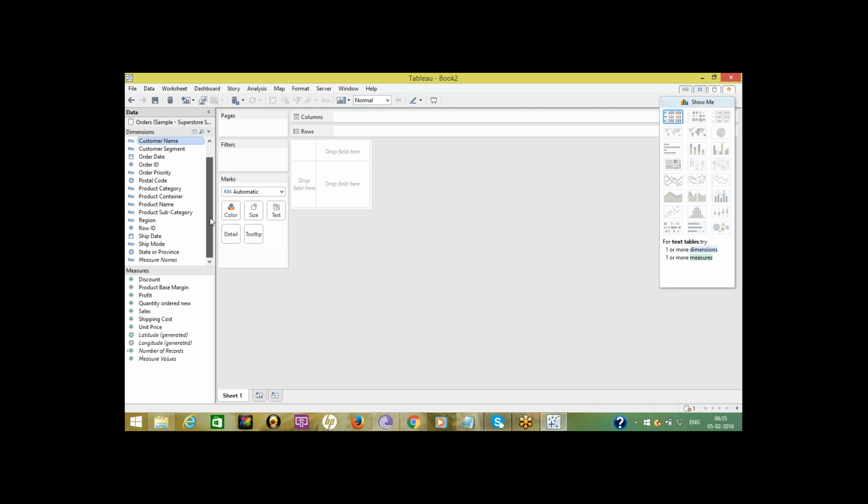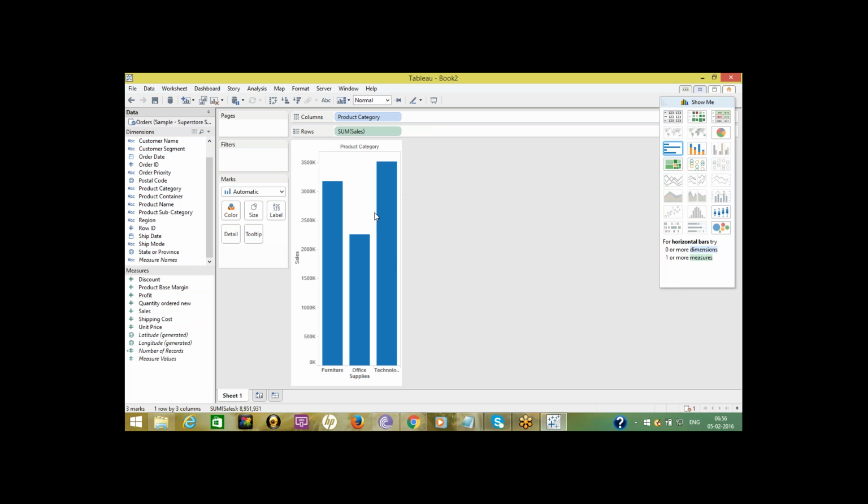Based on this, we can create views automatically. For example, I want to create category-wise sales. I drag product category onto columns and the measure sales onto rows. Charts will be created automatically based on the data.